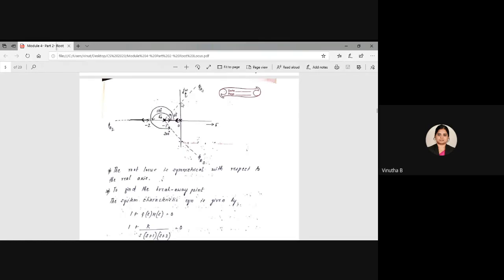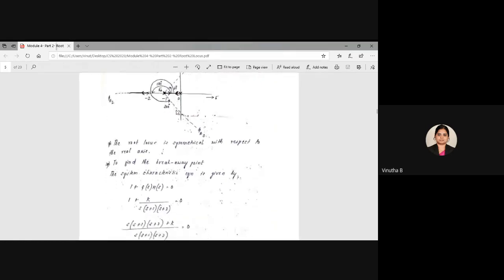This was the first asymptote at 60 degrees, second asymptote at 180 degrees, and third asymptote. Again, keep this as reference. Take a protractor and plot 300-degree angle. You will get somewhere here. Make sure that this asymptote and this asymptote are symmetric to each other, isn't it? That means the point where this is going to cut this imaginary axis should be the same here at the negative side. So this is phi A1, this is phi A2, and this is phi A3. So these are the three asymptotes which we have indicated on the graph. Okay, so then what else we have indicated here?